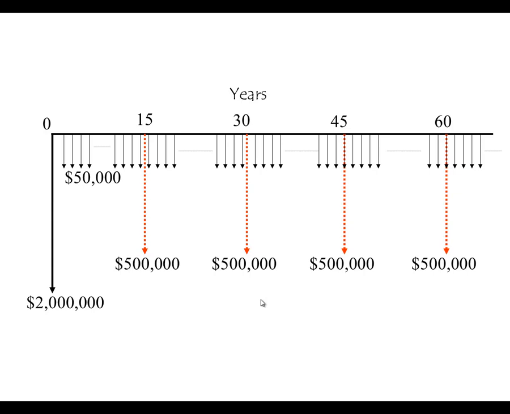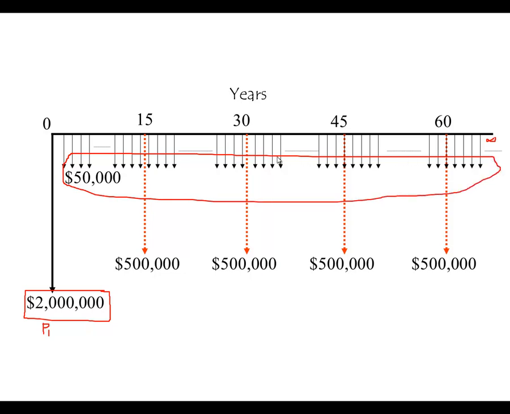If we look at the cash flow diagram, we can see that we have the annuity of 50,000 that will be for an infinite period, and I have the 500,000 renovation every 15 years. And of course, I have the initial cost of construction. So we have P1, P2, and P3. This is P1,